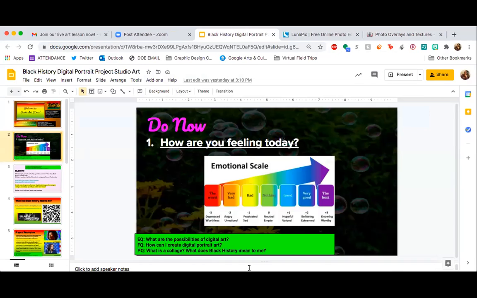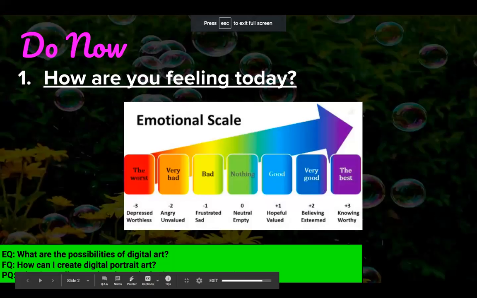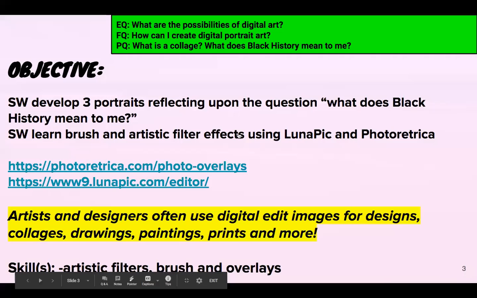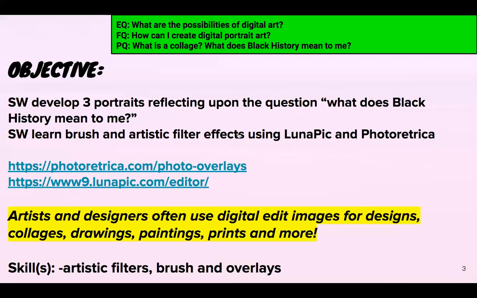Well, it's good to hear from you guys. And if you do want to share any more about why you're feeling neutral or just kind of blah, you're welcome to. But yeah, it's nice to hear from you guys, and I'm happy to start this new term with you. I'm feeling positive about moving forward and starting some new projects with you guys, and doing some different things, and doing a digital project now.